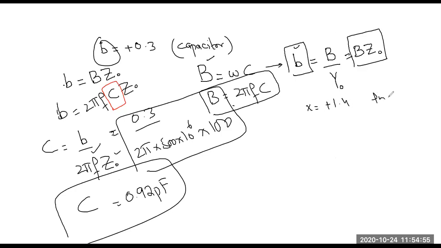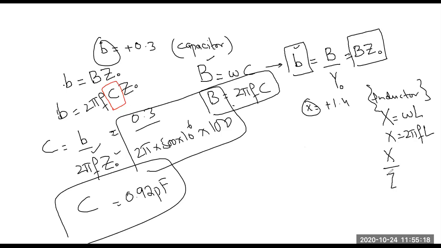क्योंकि ये पॉजिटिव वैल्यू आई थी इसके बेस पे हमें इंडिकेशन हो गई थी कि यहाँ पे हमने इंडक्टर यूज करना। अब इंडक्टर की जो रिएक्टेंस है जिसको आप X से रिप्रेजेंट करते हैं, वी नो इट इज इक्वल टू ωL, और आप कह सकते हैं 2πfL। अब ये जो है ये नॉर्मलाइज्ड है, तो अगर मैं X को नॉर्मलाइज करूंगा तो इसको मैं किस पे डिवाइड करूंगा, Z₀ पे डिवाइड करूंगा। सो X बाय Z₀ से मेरे पास नॉर्मलाइज्ड X आ जाएगा।